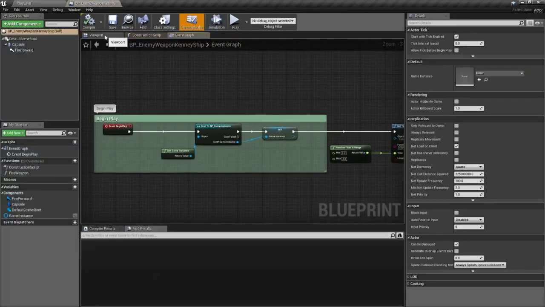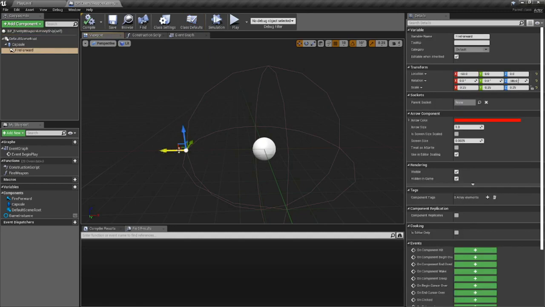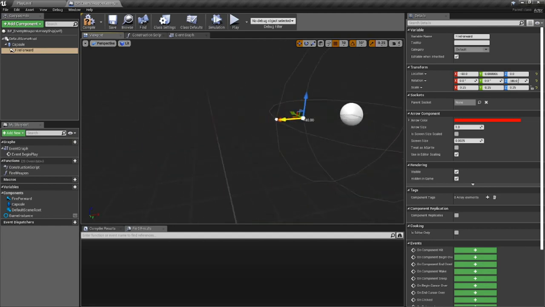Open that, go into the viewport, and you see this arrow. This spear represents the ship. It's roughly the same size as the collider was in the enemy blueprint. This arrow right here is where it's going to spawn your projectiles. So we can just take that and move it back to where it's closer to the ship, and it'll look like it's coming out where that opening is at the front of the ship.